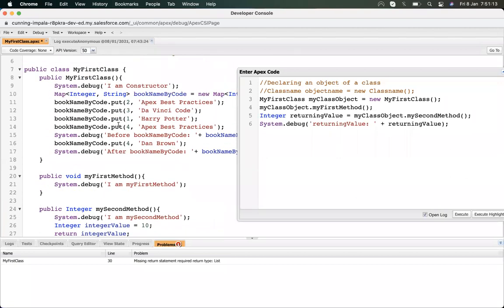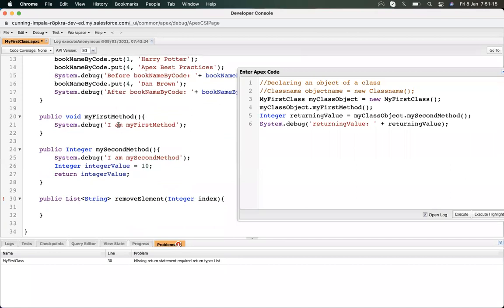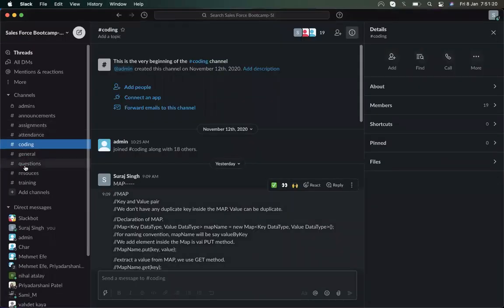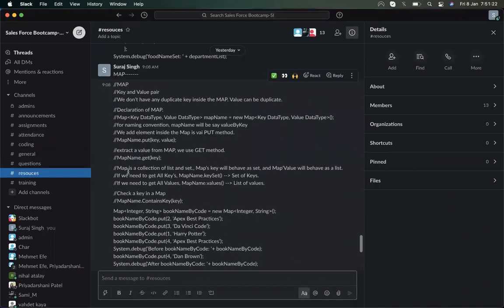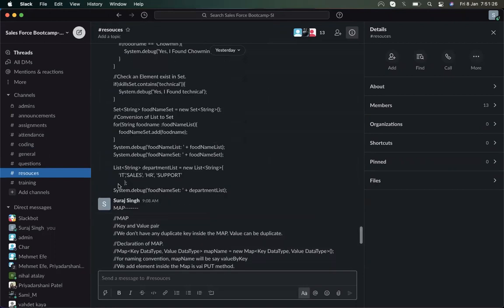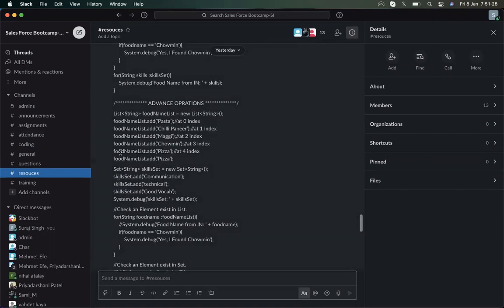Then I will use the same list, let me copy from here, resources, where is my list food name. Okay, let's work on the food name.